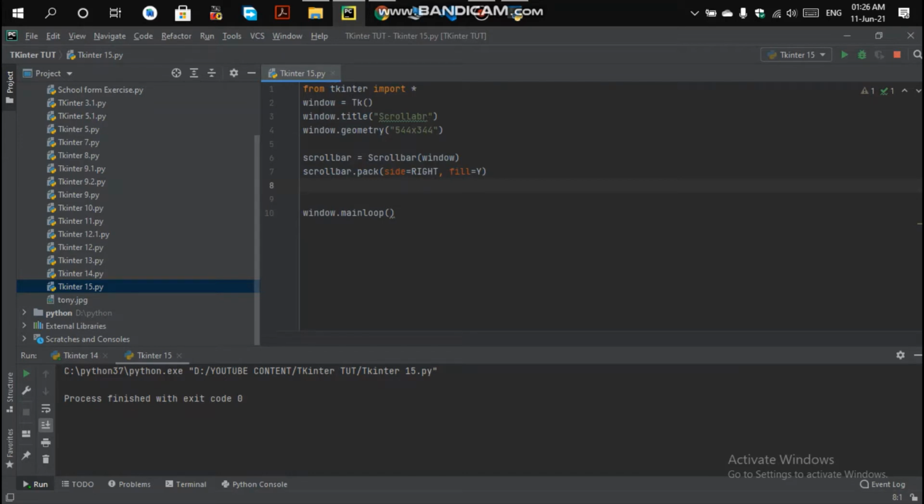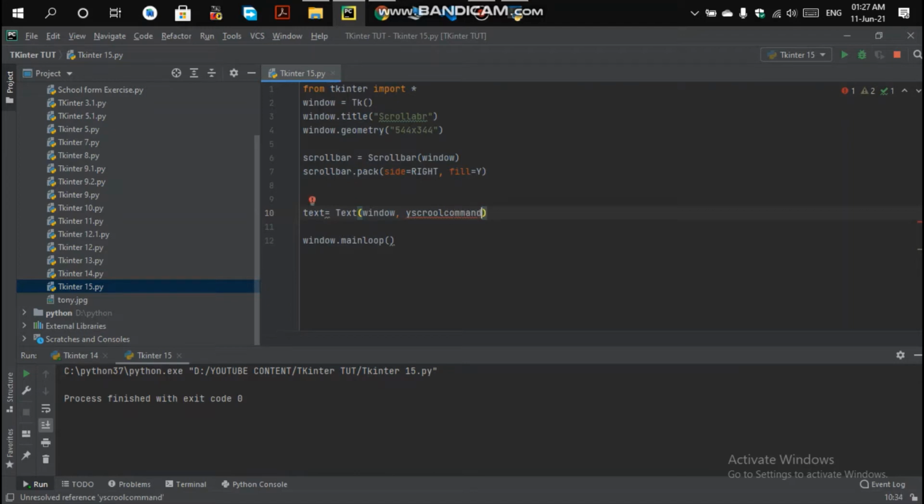So text is equal to Text, and we place it into the window as the first argument and give it a yscrollcommand. I have already told you that if you want to attach something to your scroll bar, then you have to give a scroll command, that is yscrollcommand.